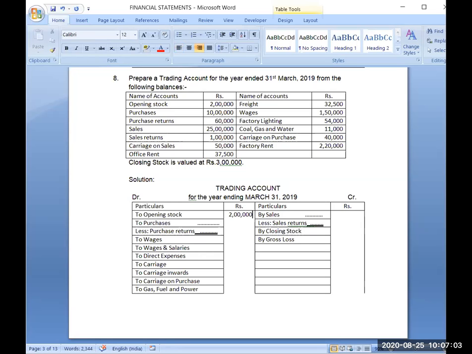See, one thing I should make it clear, there are 3 large formats in this chapter. One is trading account, one is profit and loss account, and one is balance sheet. So if you have not done the things on time, you are leaving them, then this whole chapter will become very, very difficult for you. There will be around 20 to 30 accounts in the list, as in the trial balance, you have seen it. You have to classify them. Which account will go in trading account, which in profit and loss account, and which in balance sheet. And then the debit side or credit side, asset side or liability side also. So later on, it will become very complex.